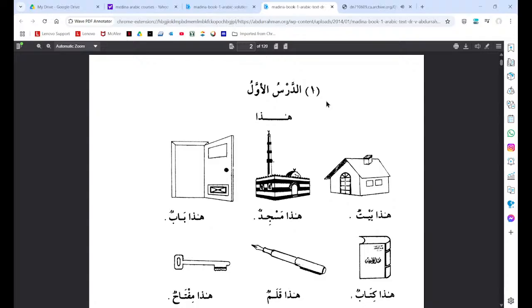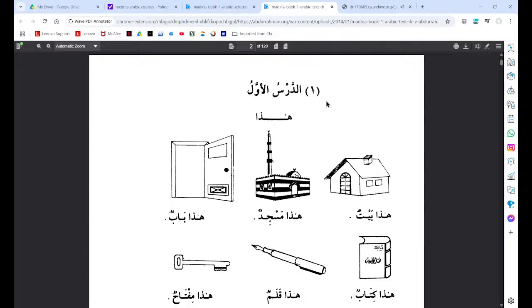Okay, and fi'l amr, the future tense. So fi'l amr does not mean future tense. Fi'l amr means the command, and amr is the command. Amir al-Mu'mineen, the commander or the leader of the believers. So amr means to give a command, so fi'l amr is a command, but this is understood as the future tense. If I tell you to do something, it hasn't happened yet. You're going to do it. So it's not happening right now. I'm giving you a command or telling you to do something. It may happen right away, it may happen in some time, but it hasn't happened yet, and it's not happening right now.